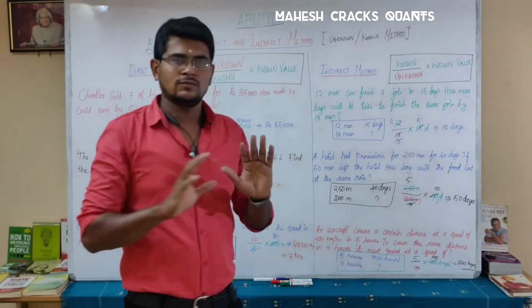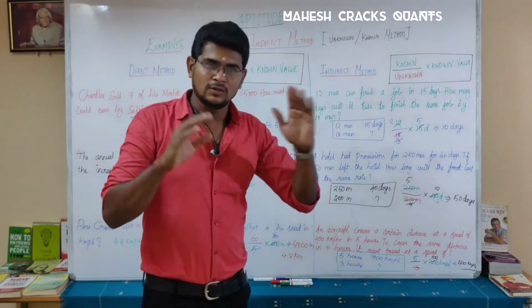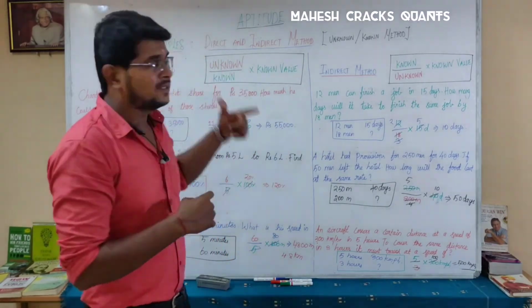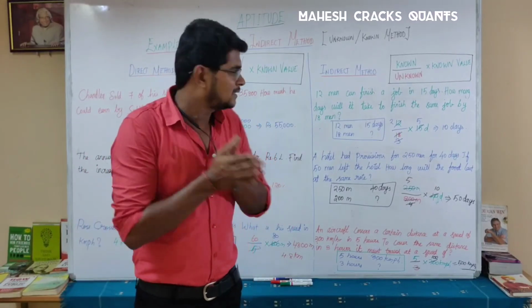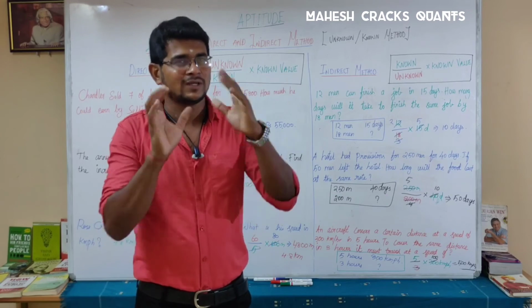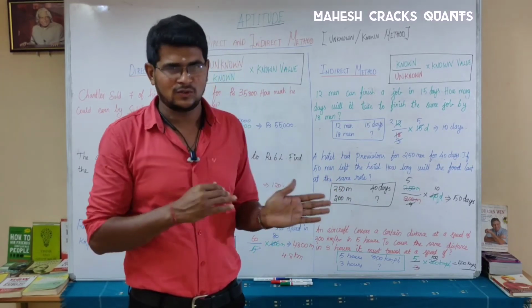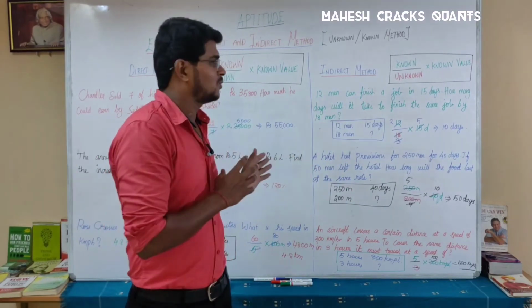That's all for now. I guess you are clear with the methods. Look at the video again if you are not clear. Keep watching repeatedly till you understand the direct and indirect method. There are two videos on direct and indirect method. Watch those two videos at least 2 to 3 times to understand clearly and solve other problems using the unknown known method. Anyway, we will solve all other topics with the same unknown known method.